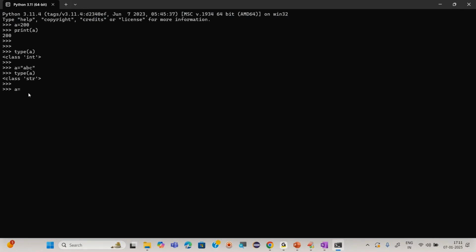Similarly, if I take True, True is nothing but a Boolean value, so I can call it a Boolean literal. Let's say a is equal to 2.4. 2.4 is obviously a float. If you check this, it is a float, so I can say this is a float literal. So we have different types of literals.